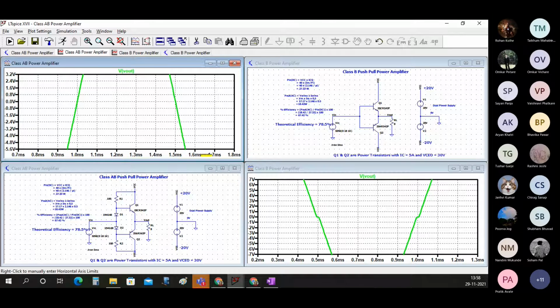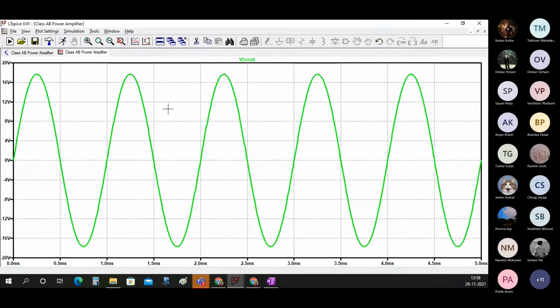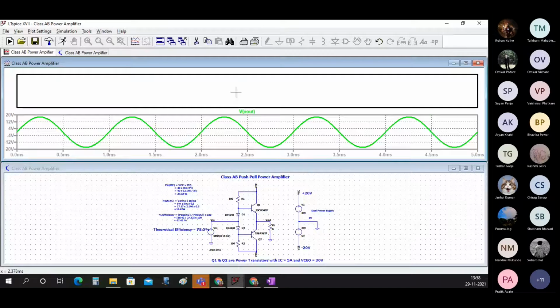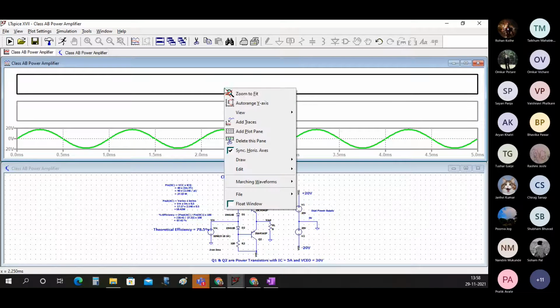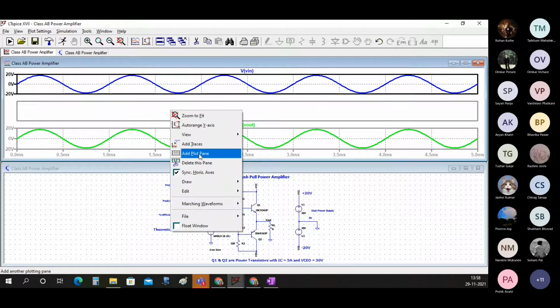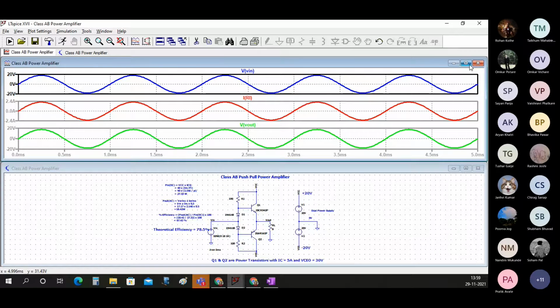So now I want to see both of them together. So first what I want is, I want you to show me just the input and output of the current circuit. That's it. This is the circuit and I want to see the wave. So you can add some more plot planes, and the first one you can add V in. The second one you add IRL. That is the load resistance.